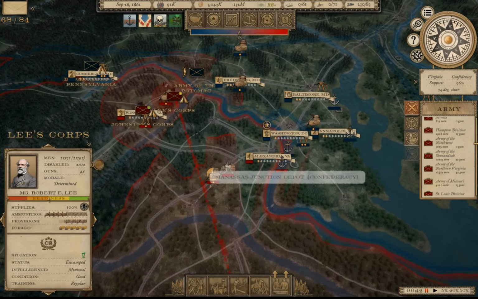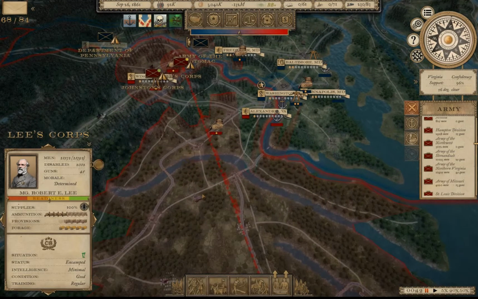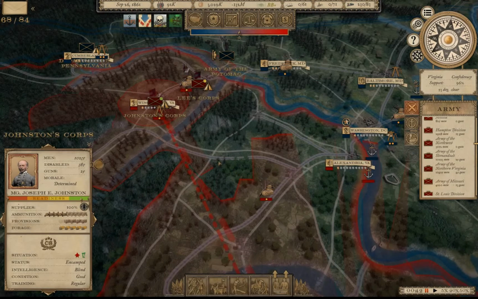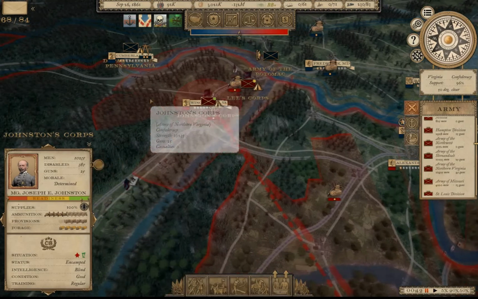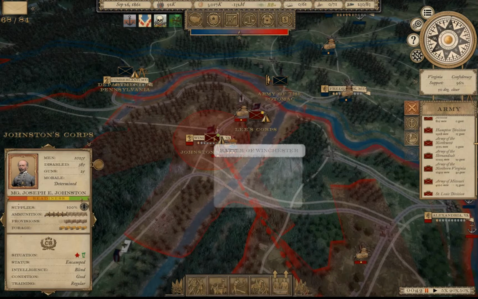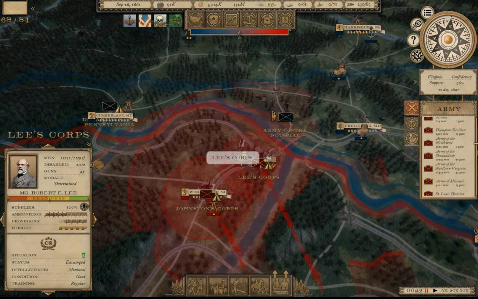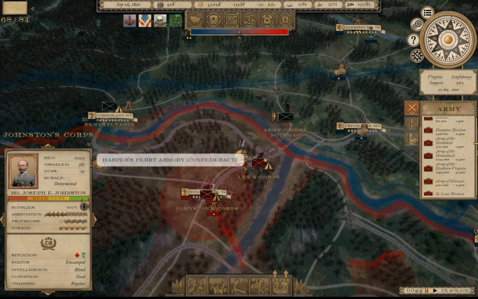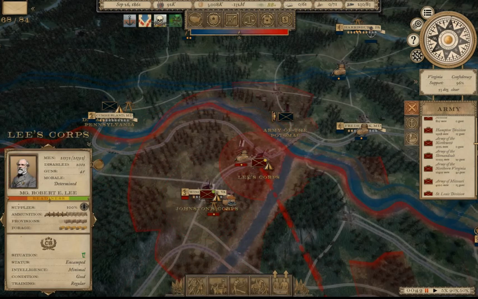Now that does kind of expose our right flank, which historically, having both Lee's corps of this size and Johnston's corps of this size in the Shenandoah would be a big no-no by Jefferson Davis. Well, actually, kind of